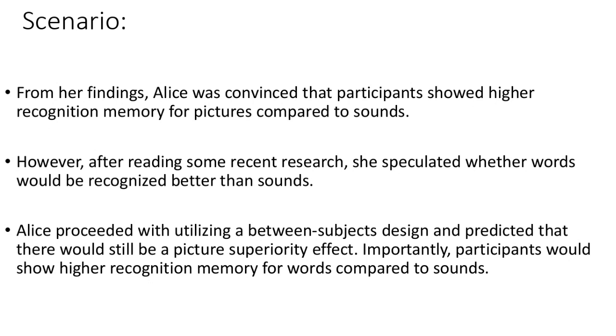So let's say from our findings, Alice was convinced that participants showed higher recognition memory for pictures compared to sounds. However, after reading recent research, she speculated that words would be better recognized than sounds. So she proceeded with utilizing a between subject design and predicted that there will still be a picture superiority effect, that pictures will be better remembered than sounds and words, but there'll be higher recognition memory for words compared to sounds. So now what she wants is to have more than 2 conditions, or more than 2 levels of